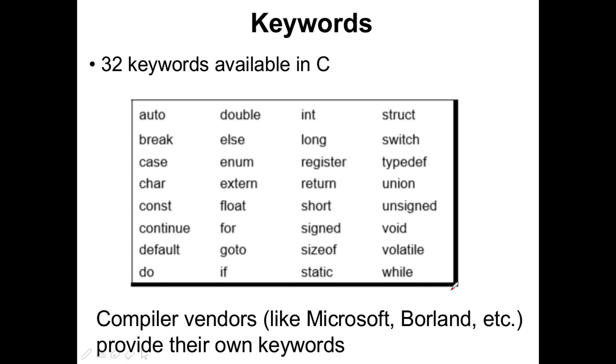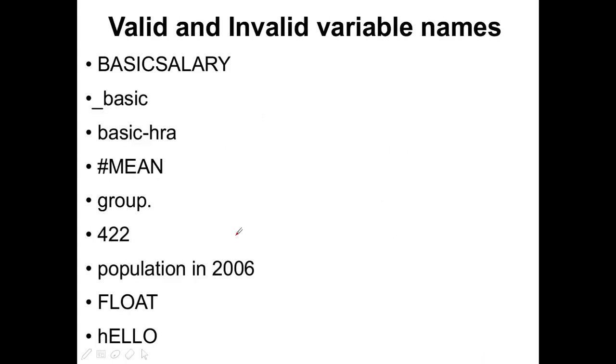Okay, next we are going to see about the keywords in C language. There are certain keywords which are reserved and we should not use them as variable names and so on. So when you look at the keywords, auto, break, case, char, double, else, these are some of the keywords. These keywords should be carefully used and we should not use them as variable names. And when you look at the variable names, how they can be formed is, it can be with characters.